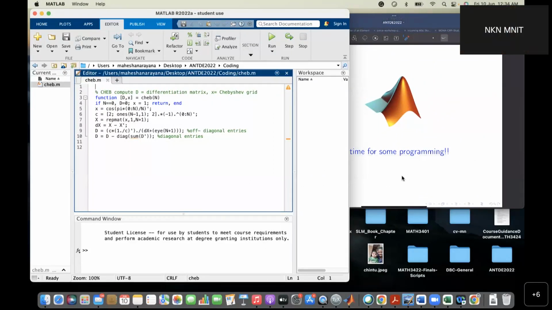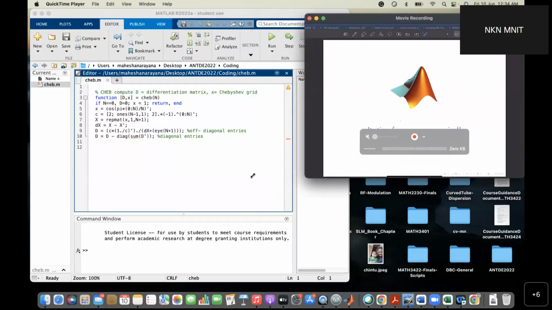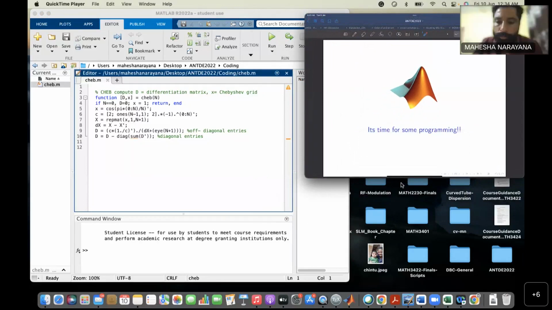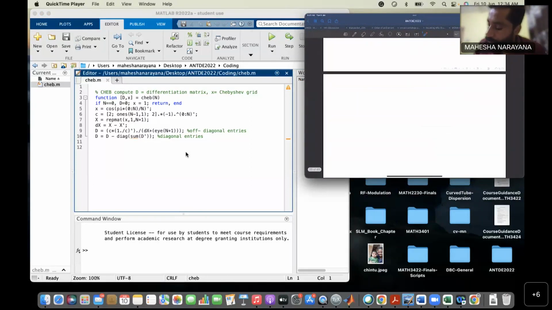All right. So what are the essential things that we need to code this particular problem? We need to have an idea of differentiation matrix first, right? So we need differentiation matrix and the collocation points. Okay, so what I do is I'll get this information with the help of